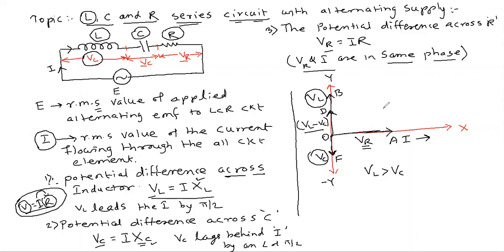So this point, suppose, is OH, and complete this. So I can say that the resultant of VR and VL minus VC is given by this OH. Okay, the magnitude of this OH